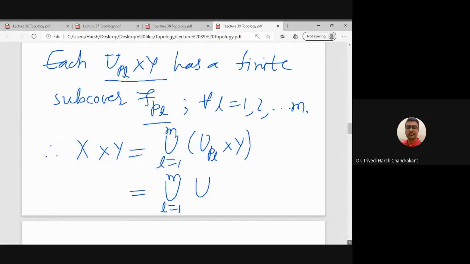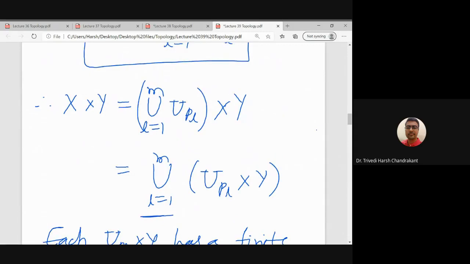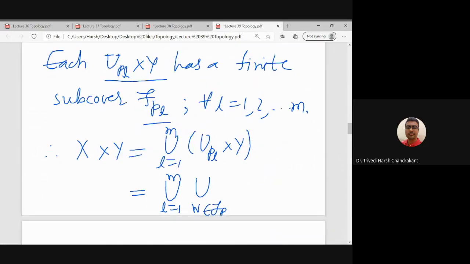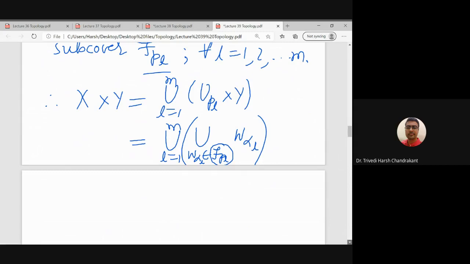So we can write this as the union of, so what are the elements of FPL? We denote them by W alpha, right? So W belongs to FPL, W alpha L, union of W alpha L. So each FPL contains finitely many elements, so this is a union of finitely many elements. And then again we are taking union from L equal to 1 to M. So this is a subset, actually, right? Because UPL cross Y is a subset of the union of W alphas. So therefore, X cross Y has a